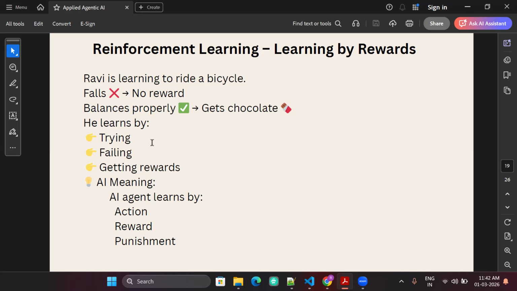Hence, there is a change of concept. In traditional programming, you have a problem at hand, and you write an algorithm to solve that problem by considering all the scenarios. You write those scenarios in your program, then you pass an input, and you expect a certain output. If the output is different than the expectation, you go and change the program. Once it works, you say it is working fine, this is my algorithm, go ahead and use it.